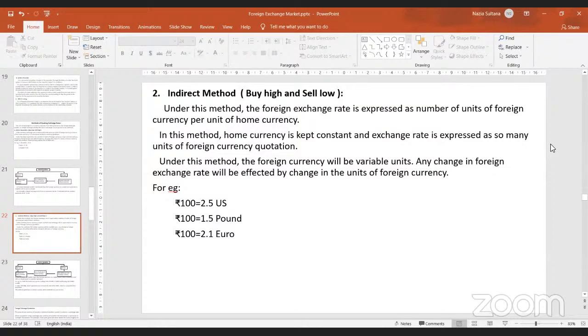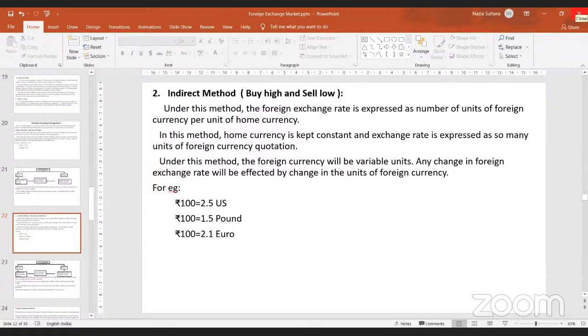Say for example, if I'm traveling for studies and I have to decide whether to travel to the US, the UK or Europe, then based on that I can determine the purchasing power of my currency. Say I have applied to universities in all three countries, and based upon how much money you have to pay for tuition fees and expenses, you can now make a choice of which university to go to in terms of money also: how much money do I have to spend if I have to study in those countries. So that will be the indirect method.